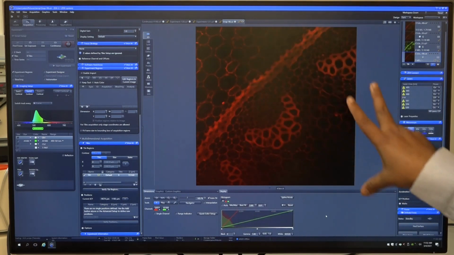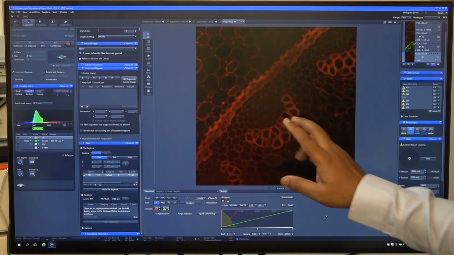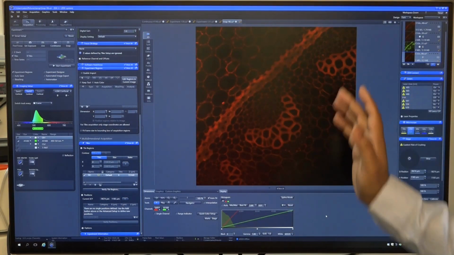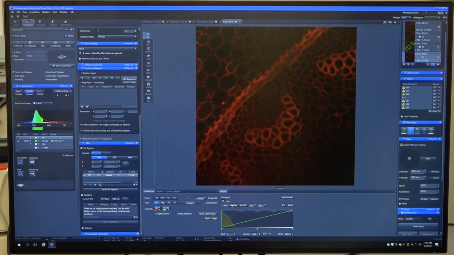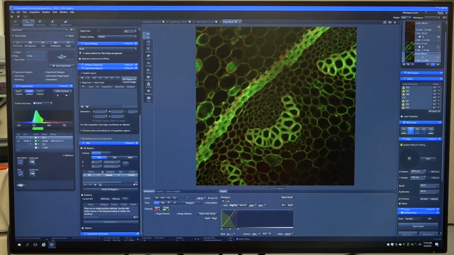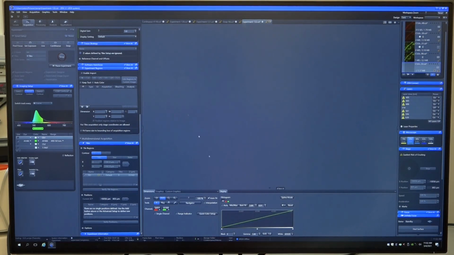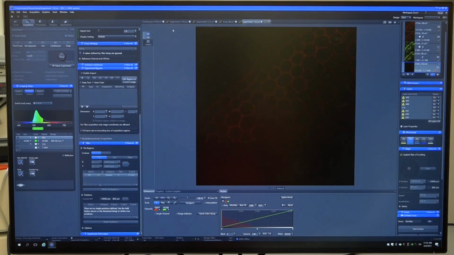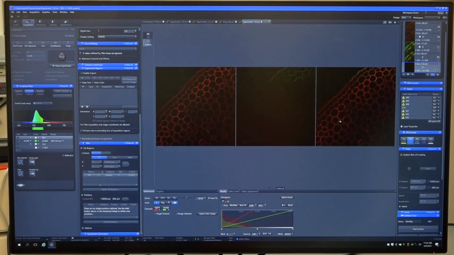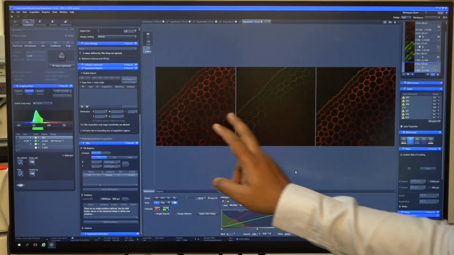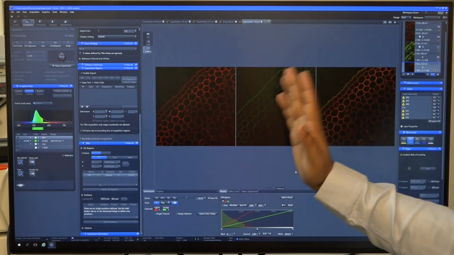So once this frame is done for red and green, it will go to the next frame and try to stitch with it. Okay, so you see this is for red and green, and if I want to have a stitched image, I'll say start experiment, and similarly I will try to see if I can get a larger field of view with the same information. So you see here, this is red, this is green, and then it will be stitching.